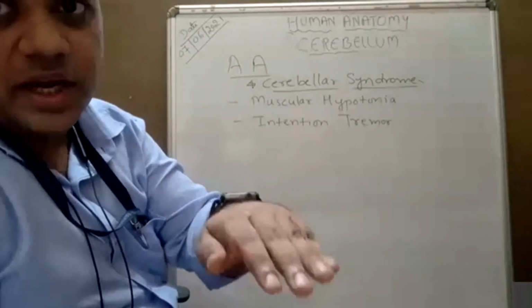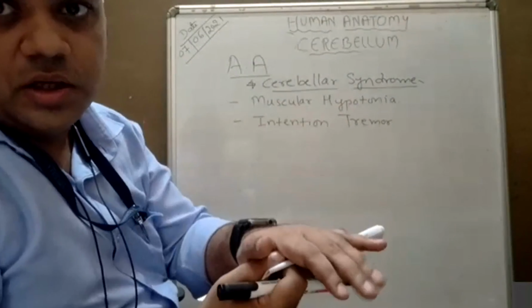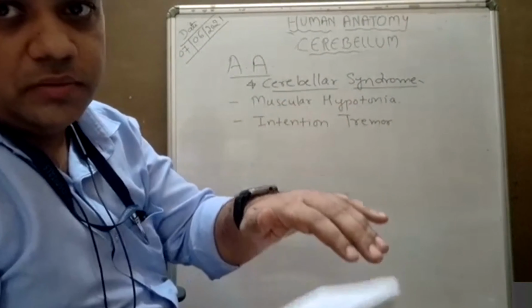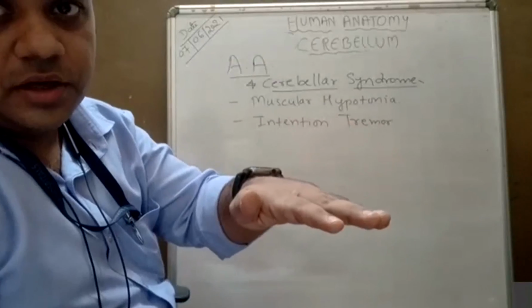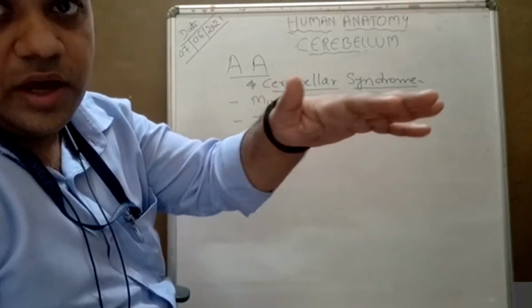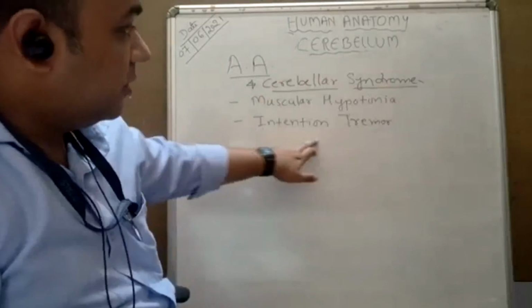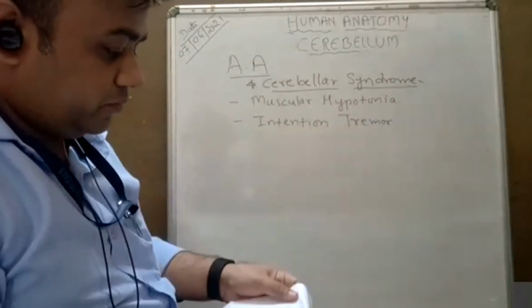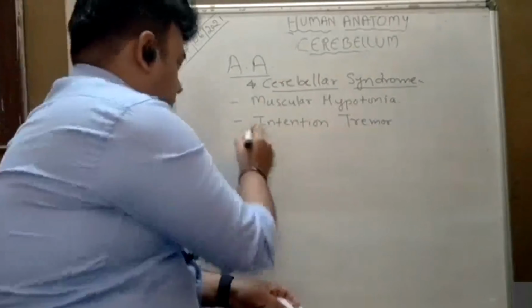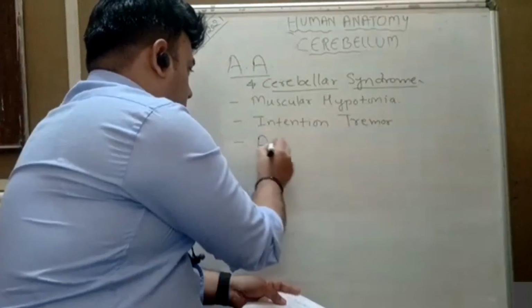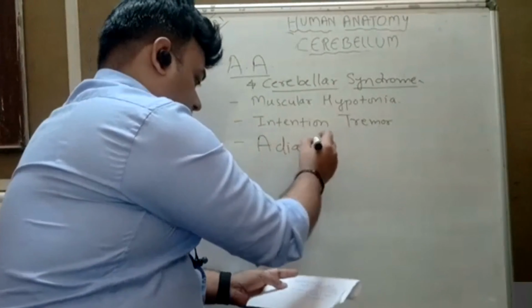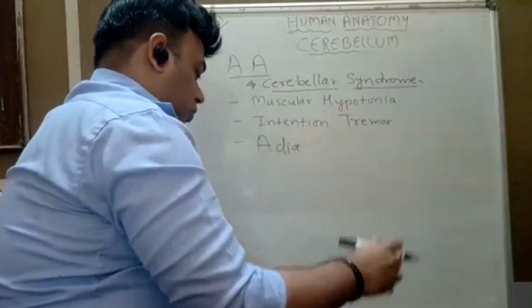But when my hand is at rest, on any object, there is no tremor. But when I move, then there will be a tremor. It is like that: at rest, no tremor; now I am moving, so the tremor is happening. That is known as the intention tremor. Then there is one interesting disorder related to that, known as diadochokinesia.